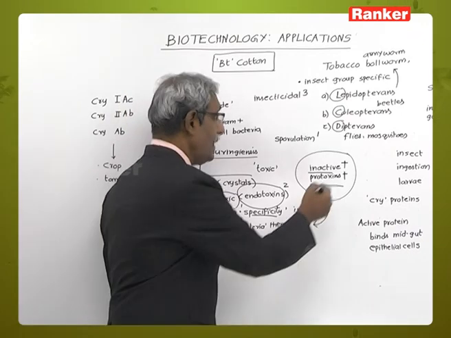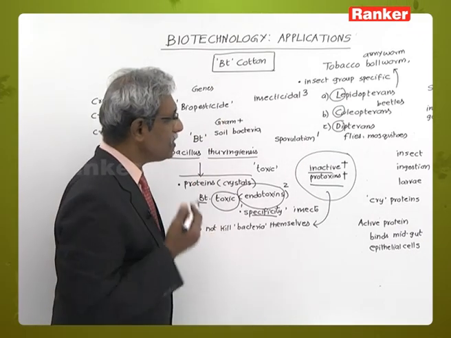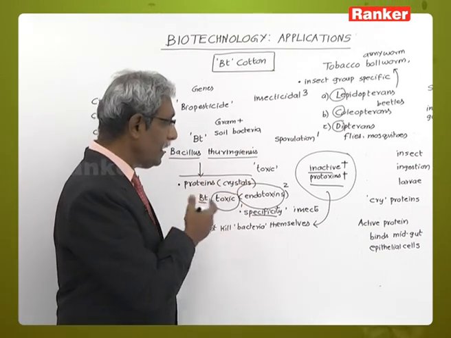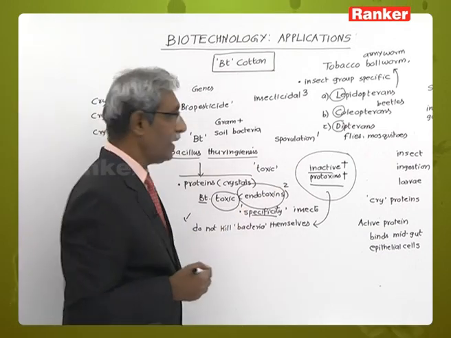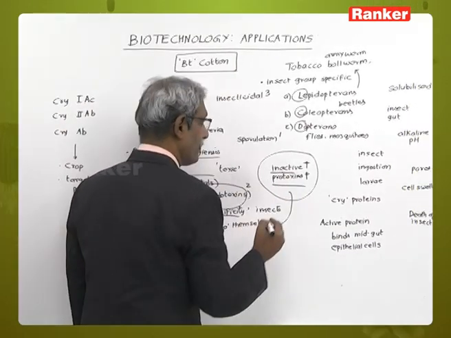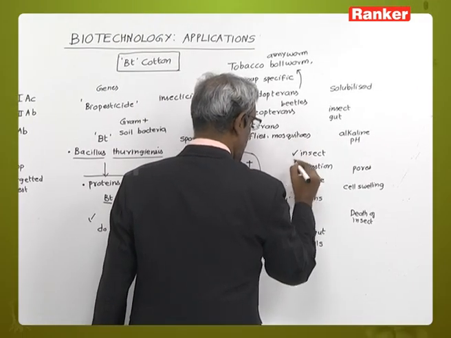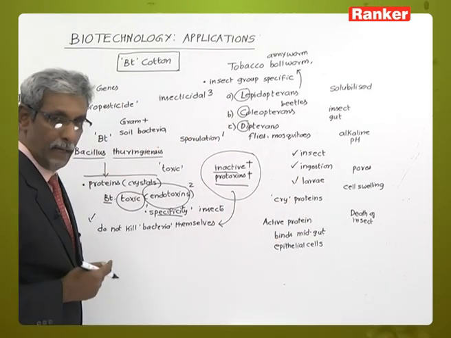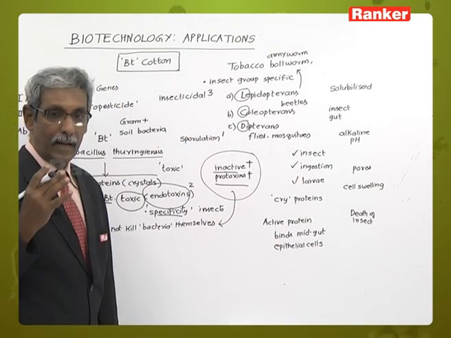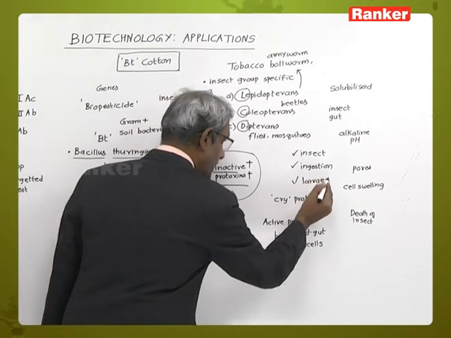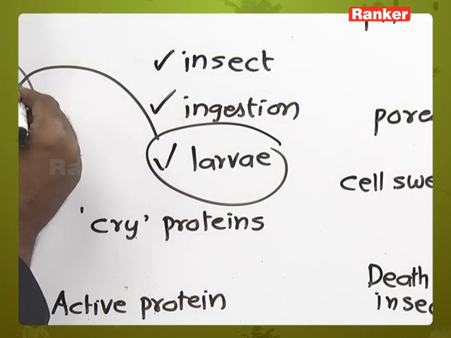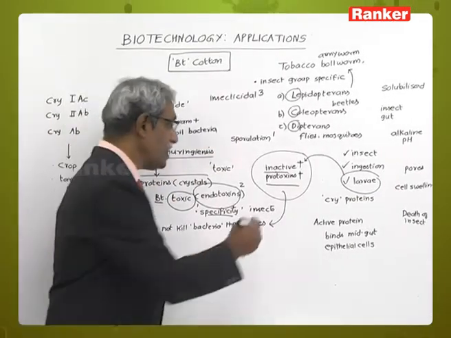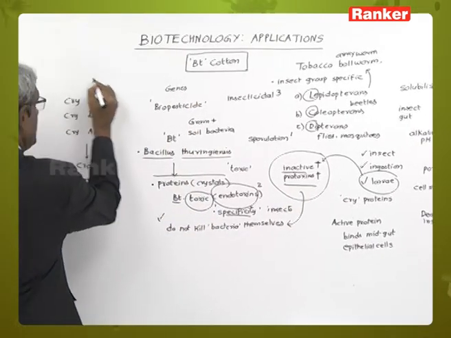When insects, like the lepidopterans, coleopterans or dipterans, ingest the toxin, they ingest it in the inactive form. When insects take it as food, the larvae of the insects eat the proteins, and these proteins are coded by a group of genes